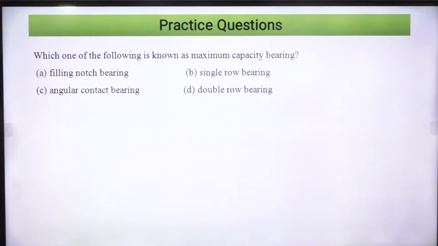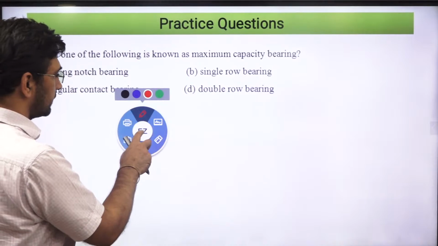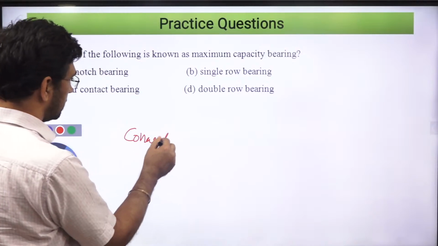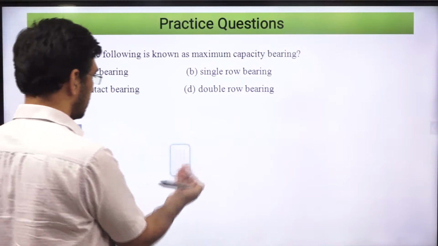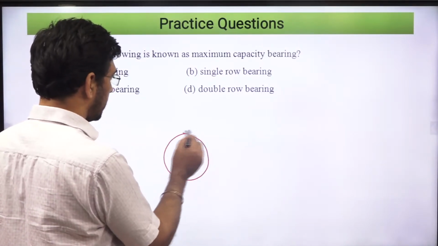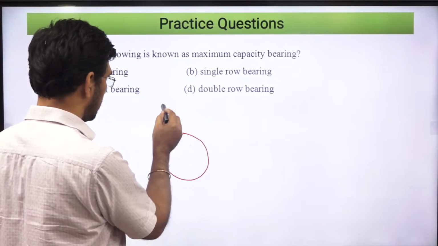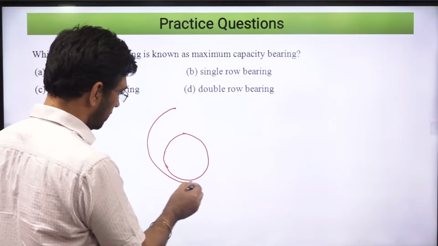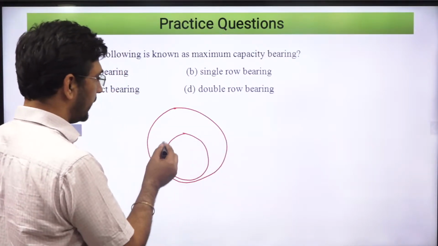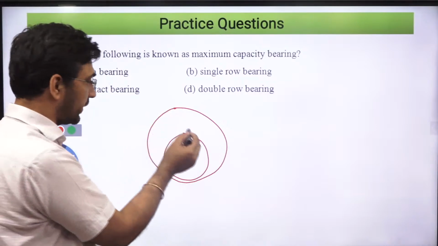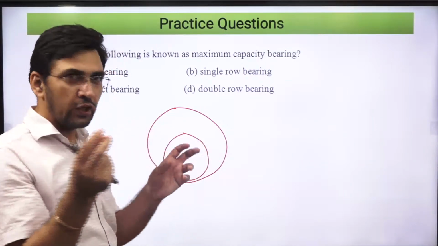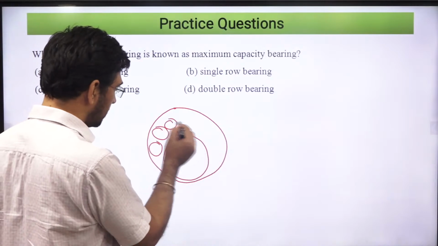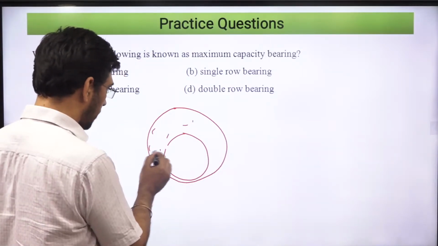Which one of the following is known as the maximum capacity bearing? All of you know that, right? This is inner race, this is outer race, right? So how do you fill those balls, let us say, inside these races? So you place these balls over here. This way, initially, you place these balls here,